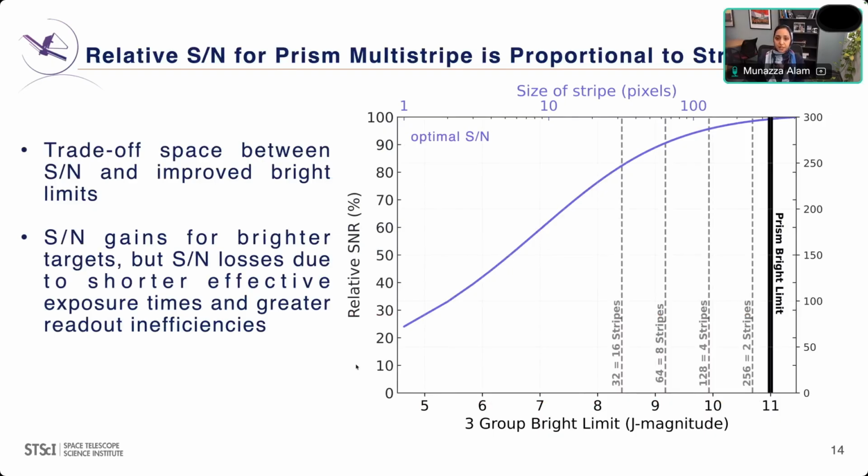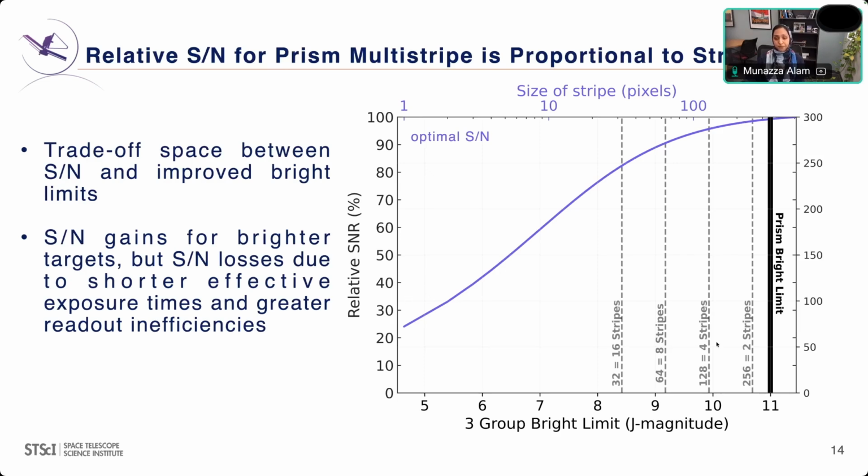And so similar to the case of the choices for the NIRISS SOSS multi-stripe subarrays, we're considering here for PRISM multi-stripe the relative signal to noise for a source at the PRISM bright limit relative to a source at the bright limit of a given stripe of size n. And so we've got the 3-group bright limit in J magnitude on the bottom x-axis and the size of the stripe on the top x-axis. And in the optimal case, we would expect the signal to noise to fall off something like following this